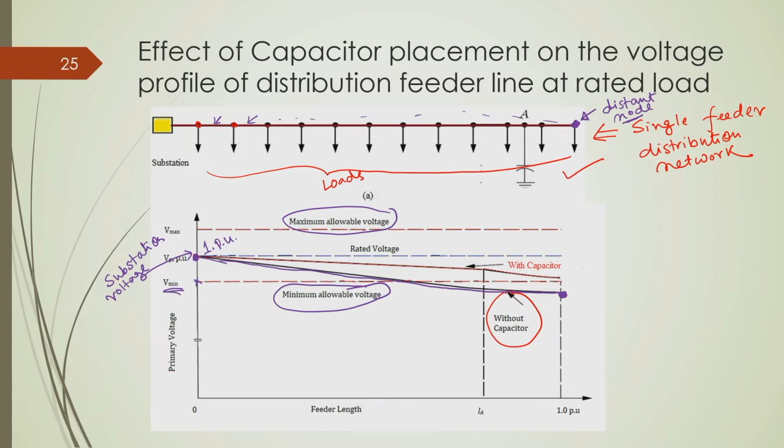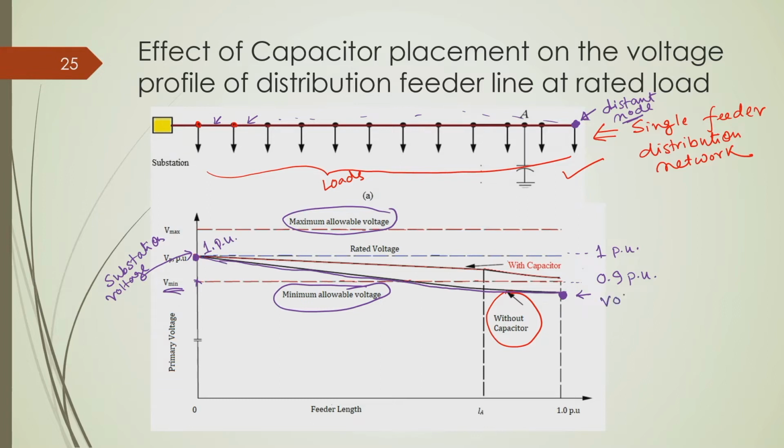Let us say that 10% voltage drop is acceptable. So, the minimum allowable voltage is 0.9 per unit, and this is the substation voltage which is 1 per unit. So, you can see that at the distant node